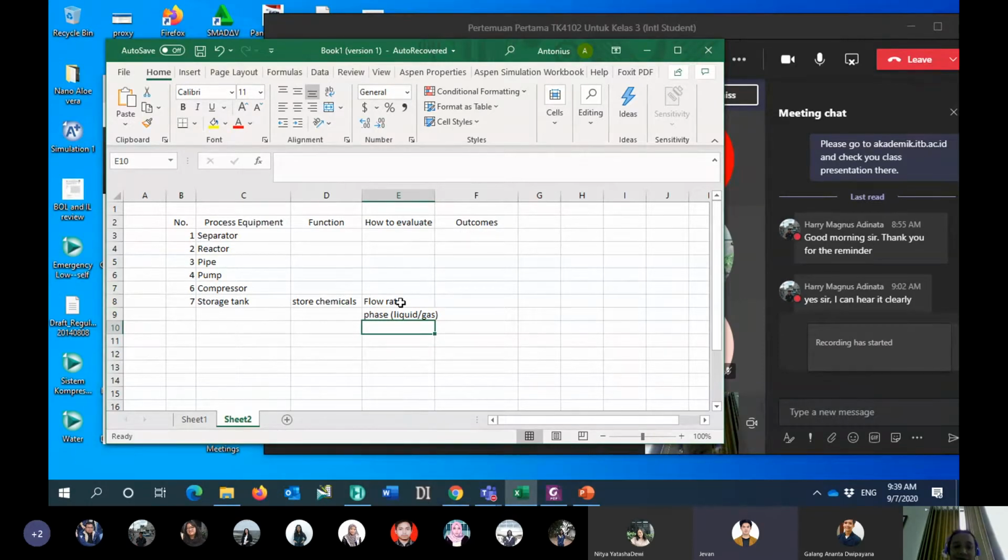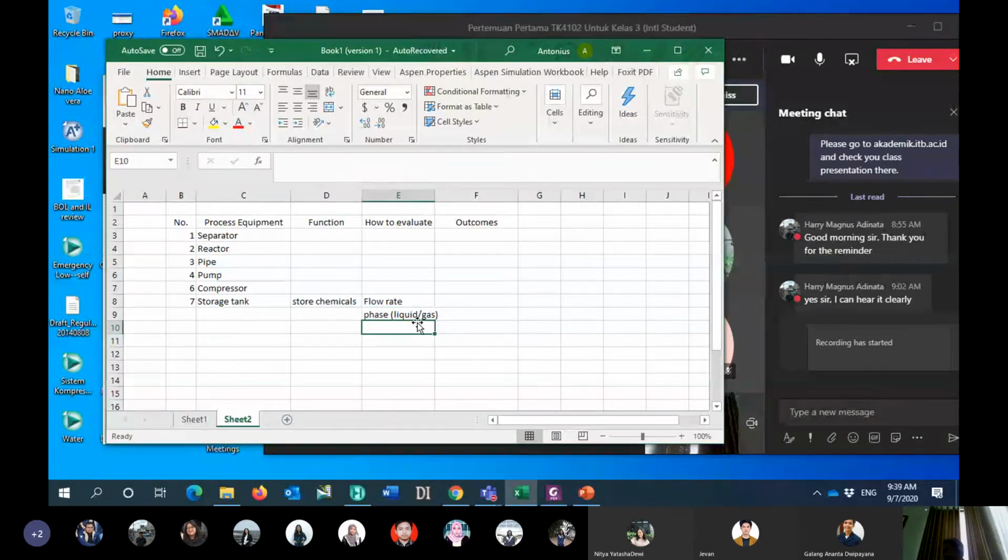Yeah, I mean that is the same as the previous. You mentioned the flow rate. Any others? It depends on the production ratio, sir. The production ratio of the factory. Production means the flow rate could be the production flow rate, right? All right, sir.